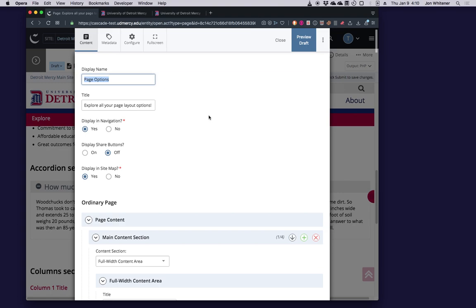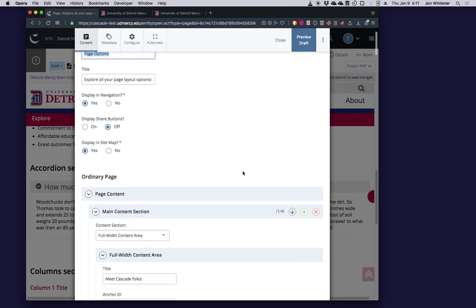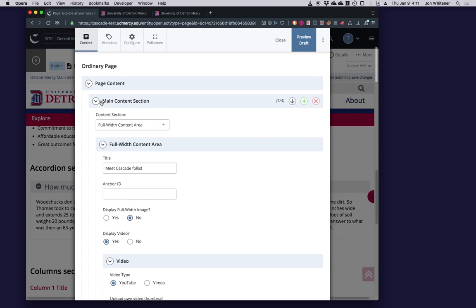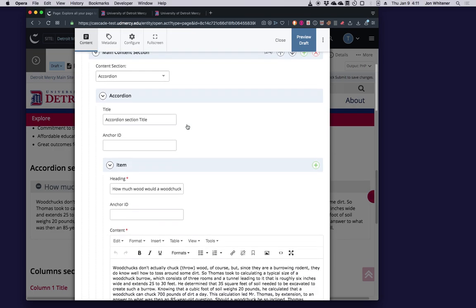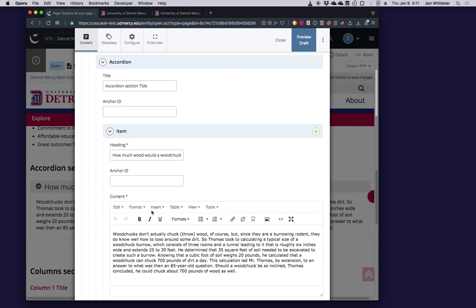Unlike older versions of Cascade where you did a lot of submissions and committing a lot of versions while doing minor changes to a page, here you're working primarily in drafts and previewing drafts. And that saves on, well, I won't get into the technical benefits of that, but it's a difference from the old way of doing things.